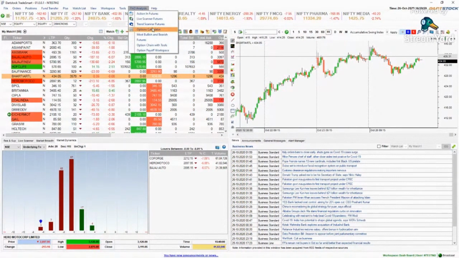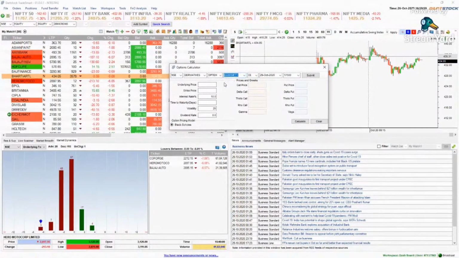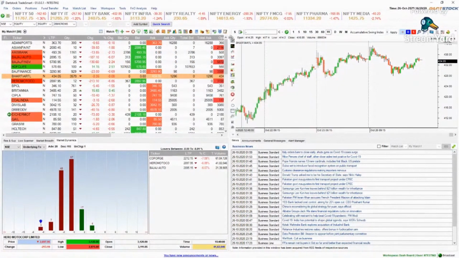And the option calculator. Now, coming back to this option calculator, you can calculate all the Greeks right in front of you. And if you want to customize any aspect of interest or volatility, you can definitely do that. I am not getting into detail because there is an easy way by which we can do it. I hope you got this point. But look at this, a very simple thing. I just want you, as an option trader,